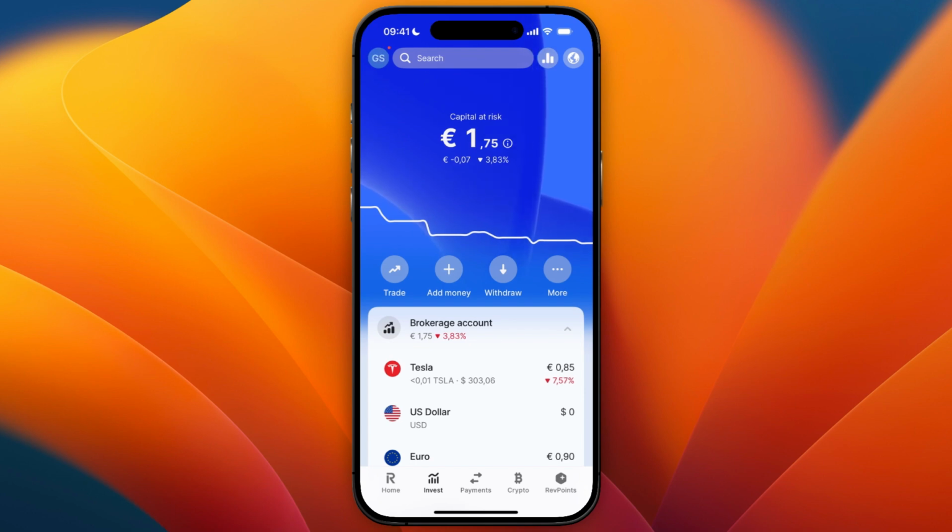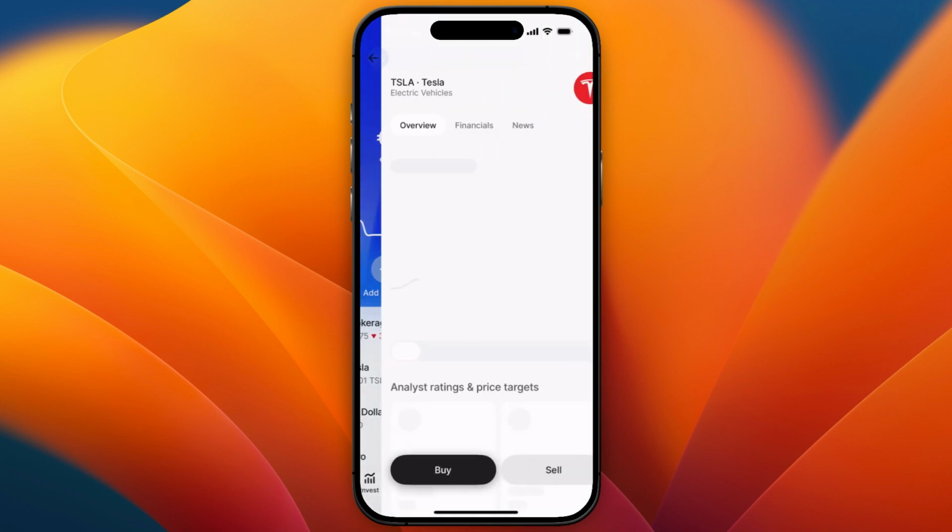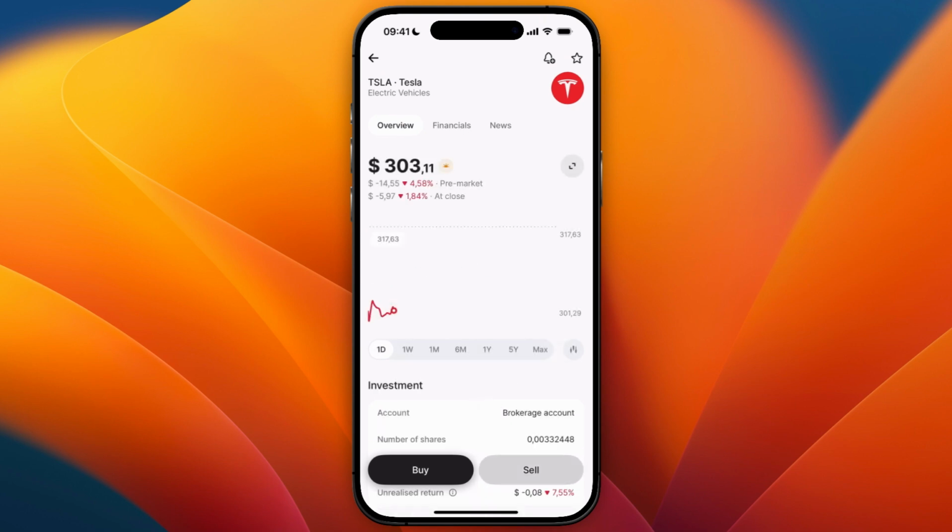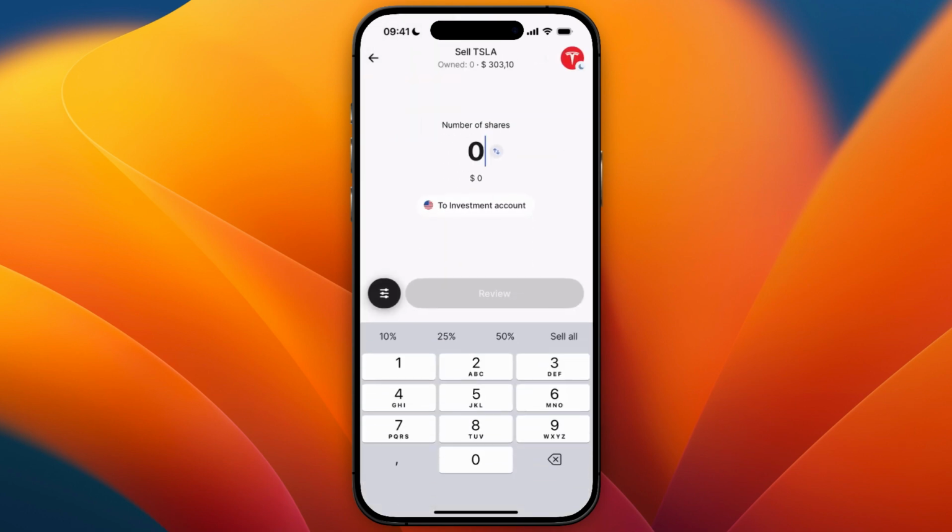For example, I have a little bit of Tesla, so if you want to withdraw money from your stocks on Revolut, first you will need to sell the stocks you want to withdraw. So for example, I'll click Tesla right here, then just go and click Sell, choose the number of shares. Now I've already put in a sell order, but from here you can then choose how much you want to sell, then click review, and then after the market opens, then they will be sold, and it will then go